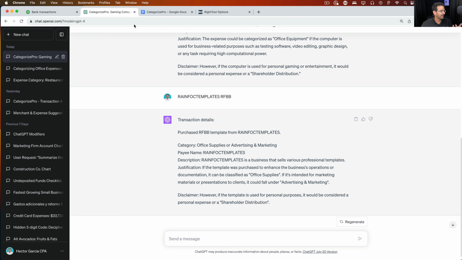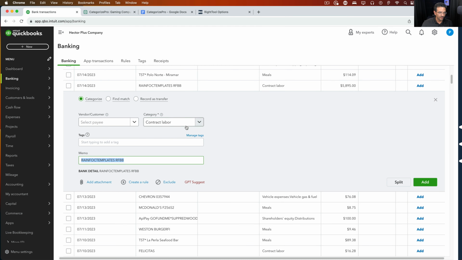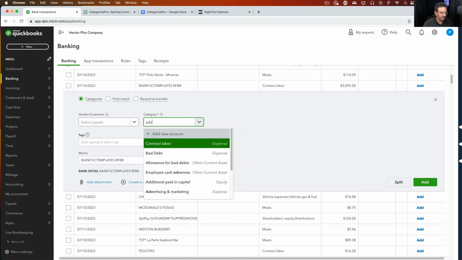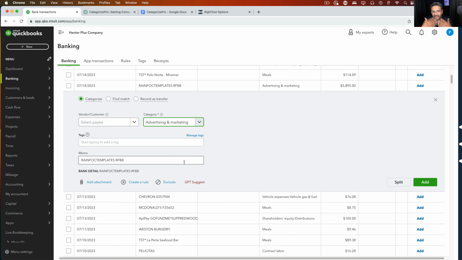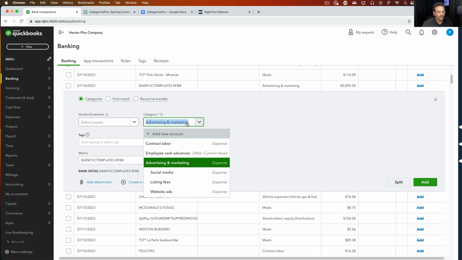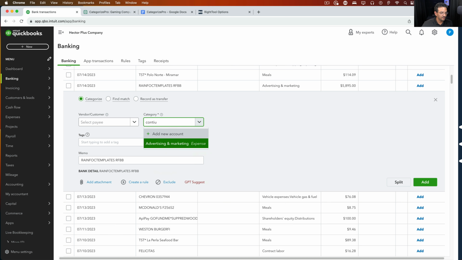So at this point, I could probably go back into QuickBooks and put the right category there, which is advertising and marketing, which actually is not the right category. Where I'm saying if that's what ChatGPT suggested, it would be advertising and marketing, or in this case, continued education or something like that. I don't even know if I have continued education. I have this, assuming this is a conference, sort of a learning event.